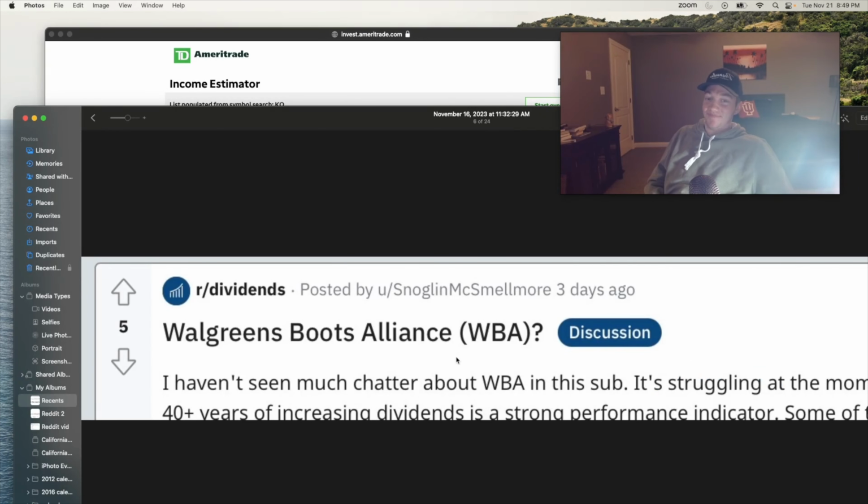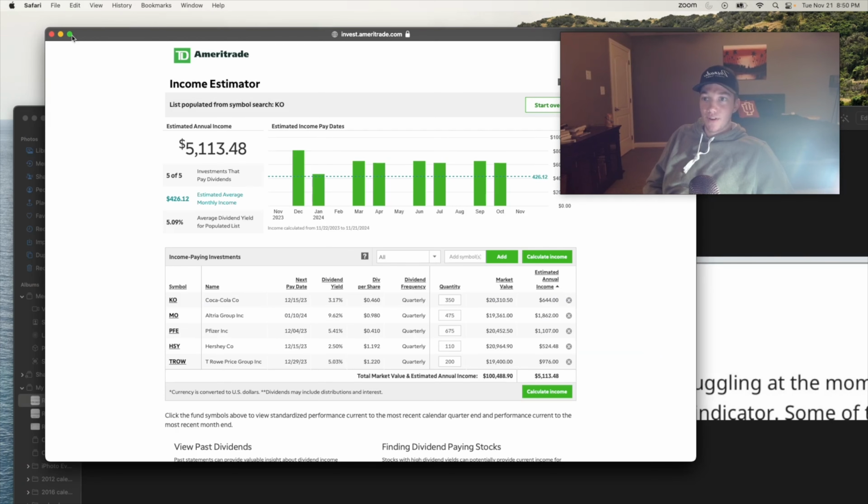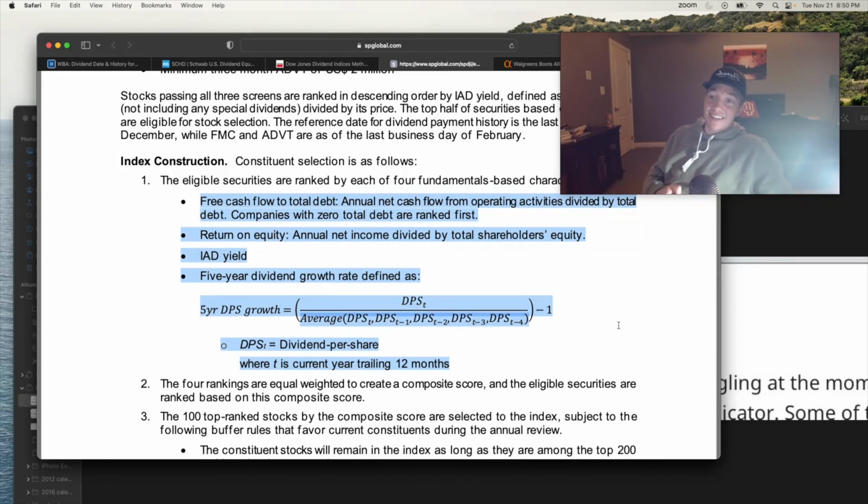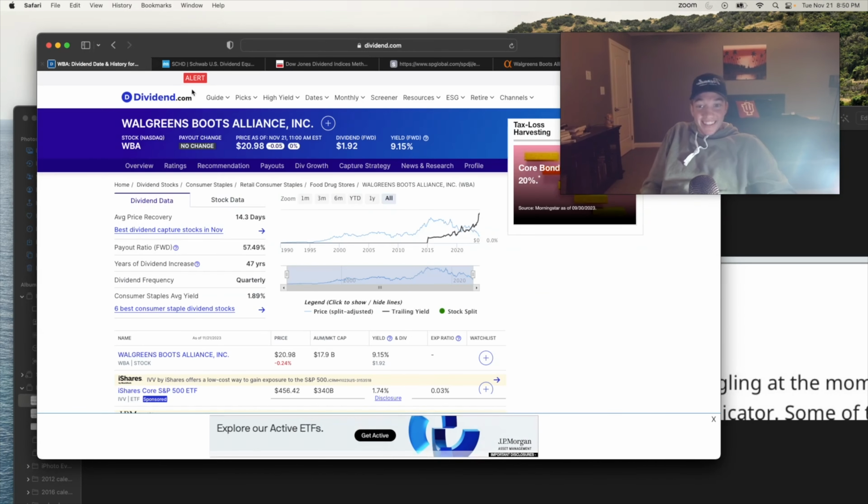Moving on. Okay, so Walgreens Boots Alliance. I'm sure you guys are all familiar with Walgreens. You've probably seen it around. And I think some investors are not being as careful with this one because they see this 9.15% yield. Wow. That's amazing. 47 years of increases, over a 9% yield. Is this free money? Guys, the answer for me personally,